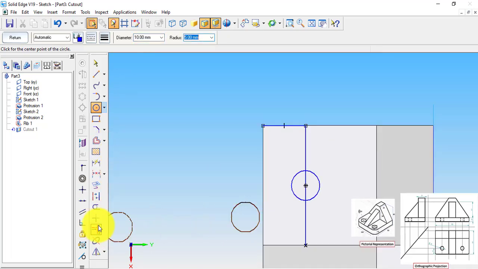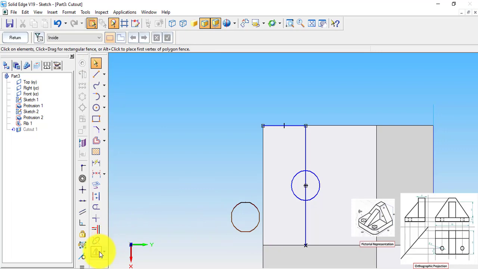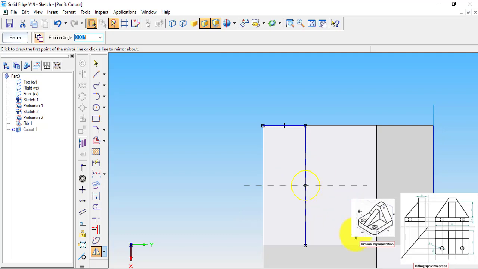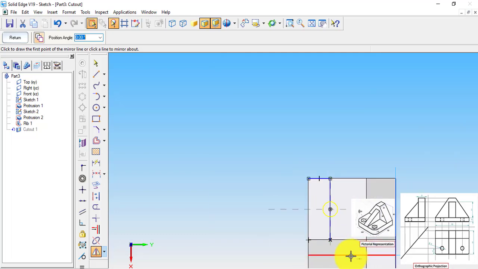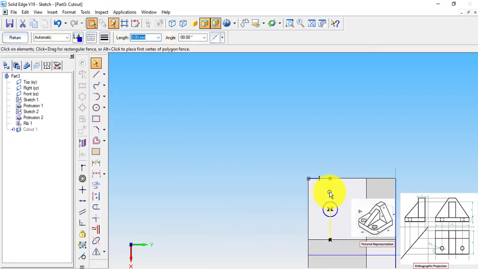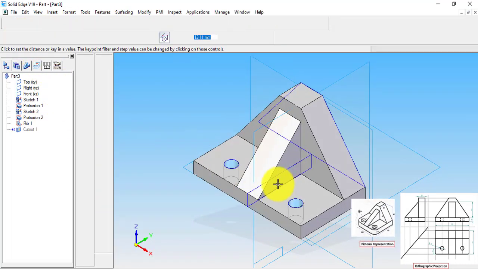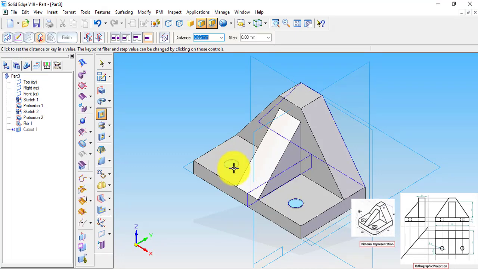So using the mirror command we can create another circle on the other side of the section. Now let us delete the unwanted lines. Now let us return, and you can see the holes have appeared in our desired place.